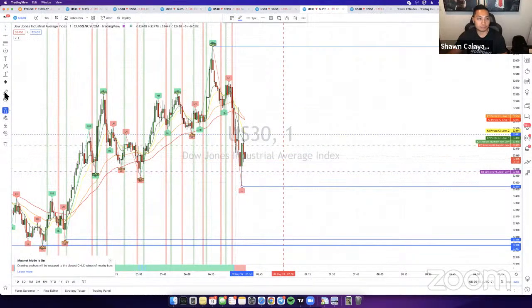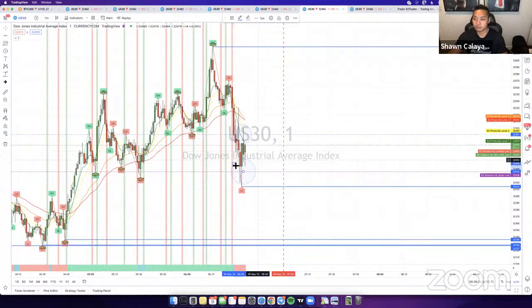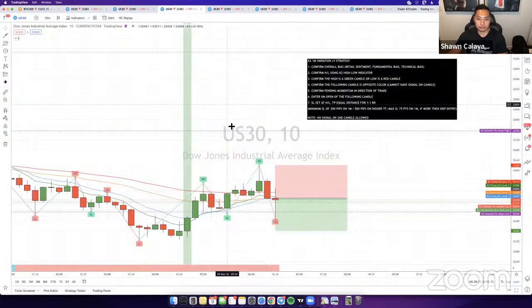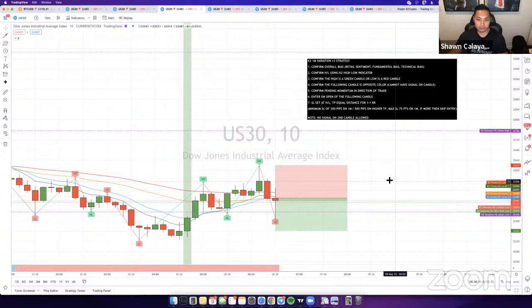Price has been bouncing from opening price, this blue line, and the sessions below here. So pretty much right here, this is where price is kind of stuck. In order for me to take trades, I want price to be way down here. Other than that, look where price is rejecting off the 10-minute.